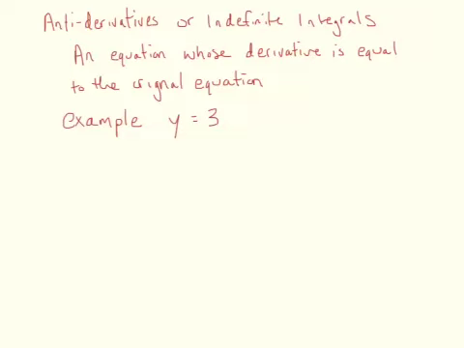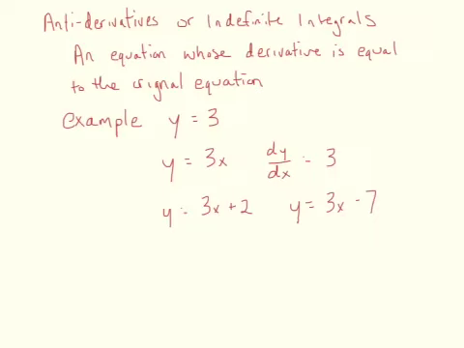Okay? And so, an antiderivative of y equals 3 could be y equals 3x, because if I took the derivative of y equals 3x, then the derivative of that with respect to x is just 3. But the antiderivative could also be y equals 3x plus 2, because if I take the derivative of 3x plus 2, that will also equal 3. It could also be y equals 3x minus 7, because if I take the derivative of 3x minus 7,